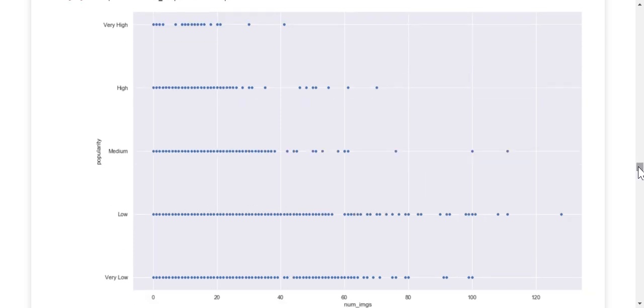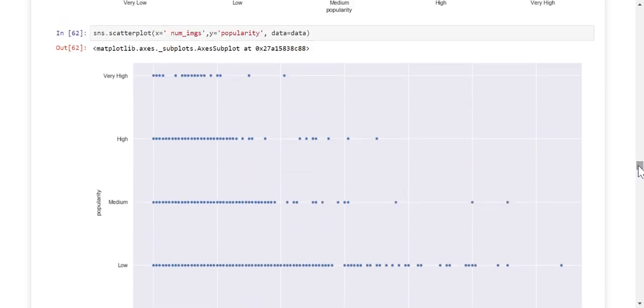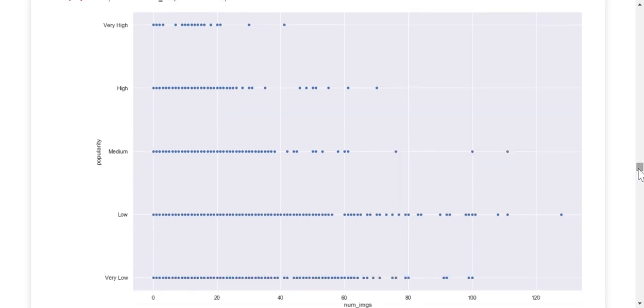Then you can create as many graphs as you want to check how they are affecting your target variable. This one is for the number of images, whether an article is more famous if it has a lot of images or fewer images. You can see that if you have a lot of images, it is not that famous because people are actually looking for content.